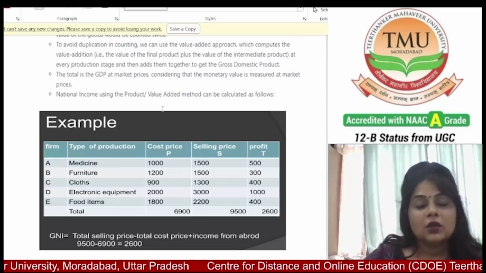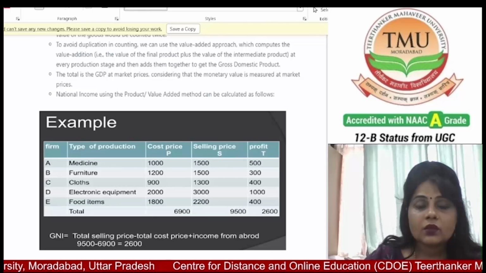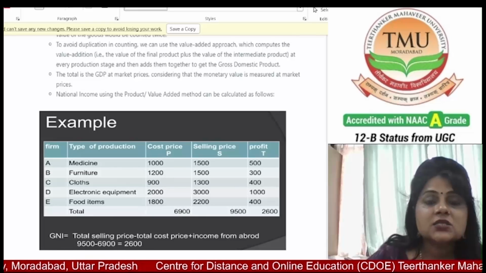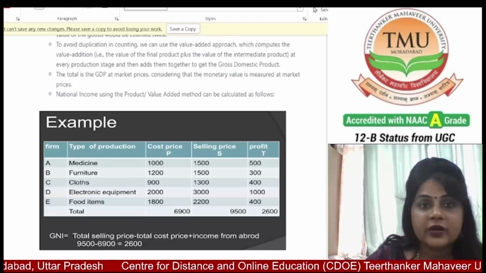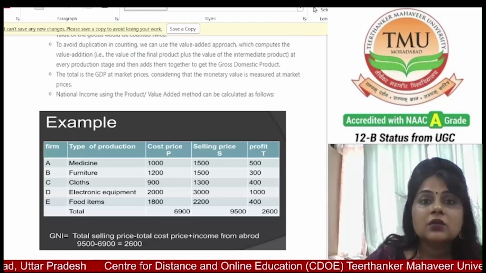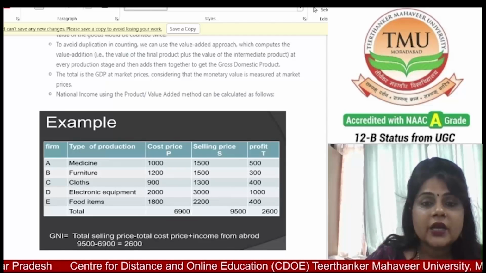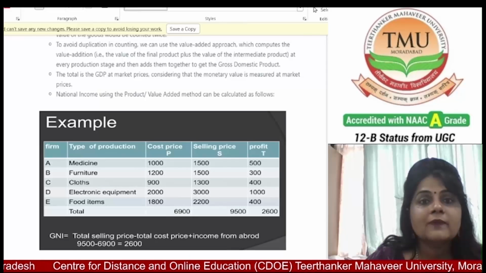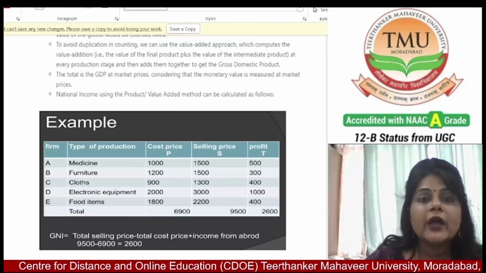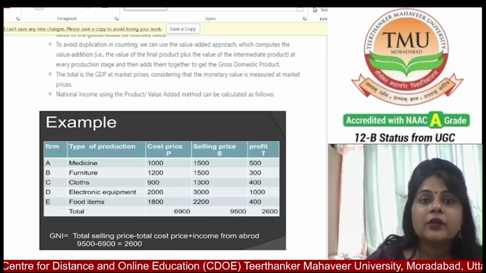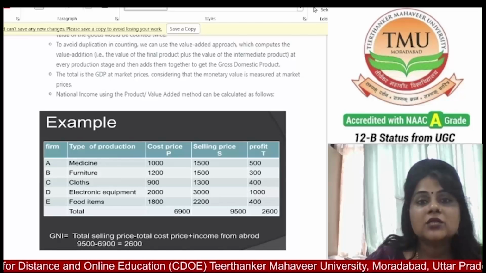National income using the product and value added method can be calculated as well for these types of production, which are shown on the screen. Medicines: cost price 1000, selling price 1500, profit 500. Furniture: cost price 1200, selling price 1500, and profit 300. Clothes: cost price 900, selling price 1300, and profit 400. Electronic equipment: cost price 2000, selling price 3000, and profit 1000. Food items: cost price 1800, selling price 2200, and profit 400. So total cost price 6900 and selling price